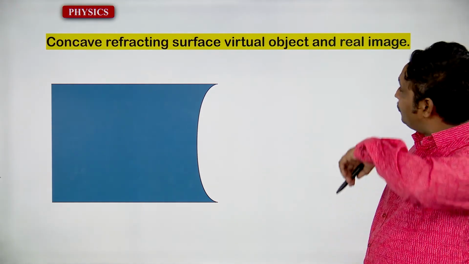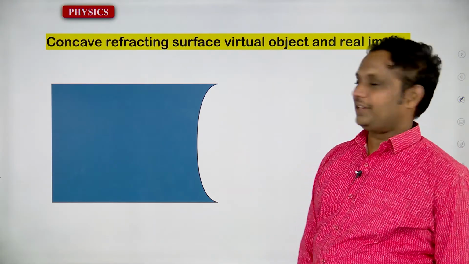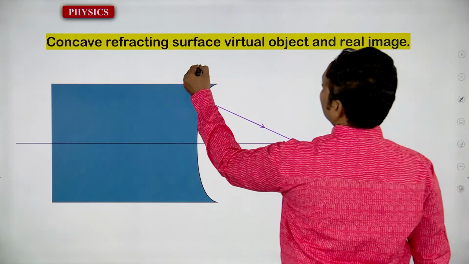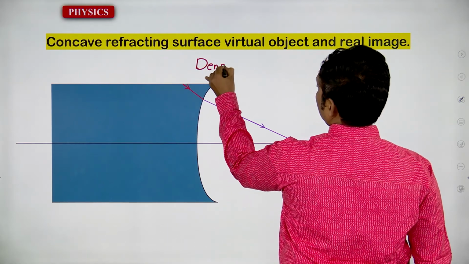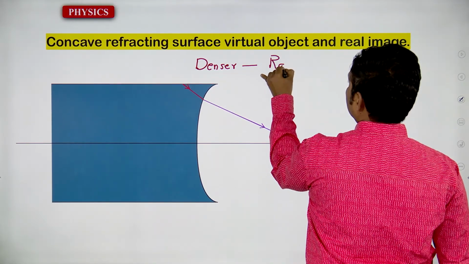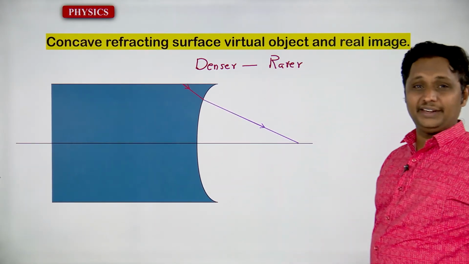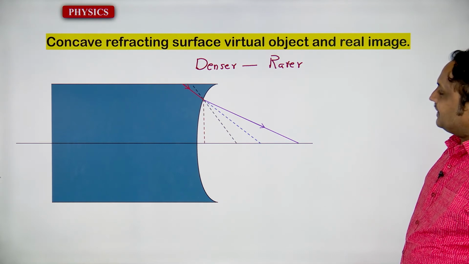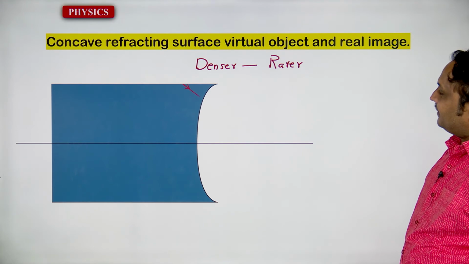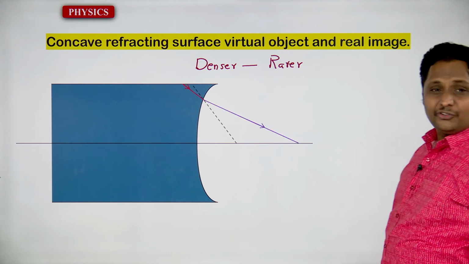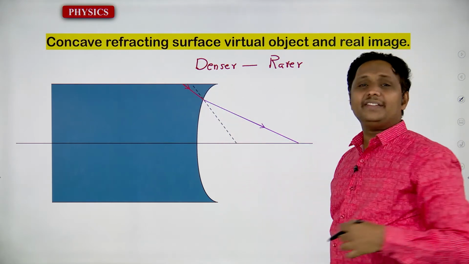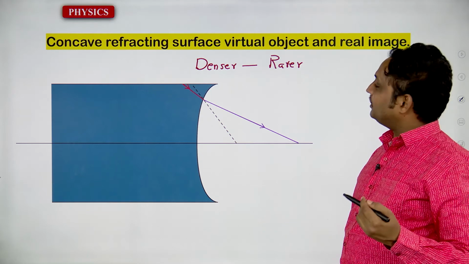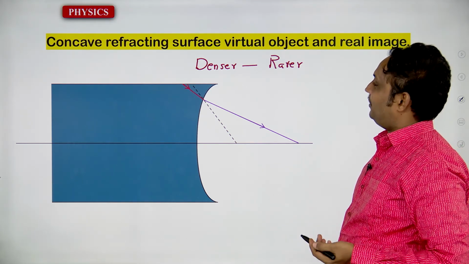Concave refracting surface, virtual object and real image. It is very clear, whenever the light rays are going to be entered from denser medium to rarer medium, you know very well, denser to rarer, you are going to get that. It is very clear, we would like to get this one. Alright, yes, in this way you have to get this one, very clear. Yes. Here also you can confirm that the origin of light rays are not at all from that object, they are going to be at somewhere else, and the position of object is going to be different, that is very clear, we have to confirm, right.